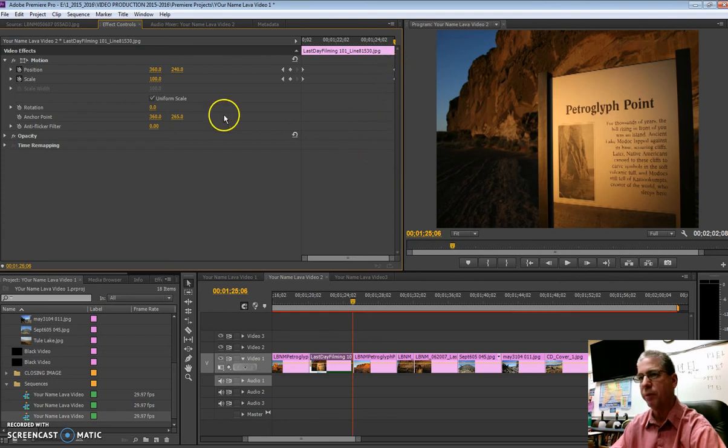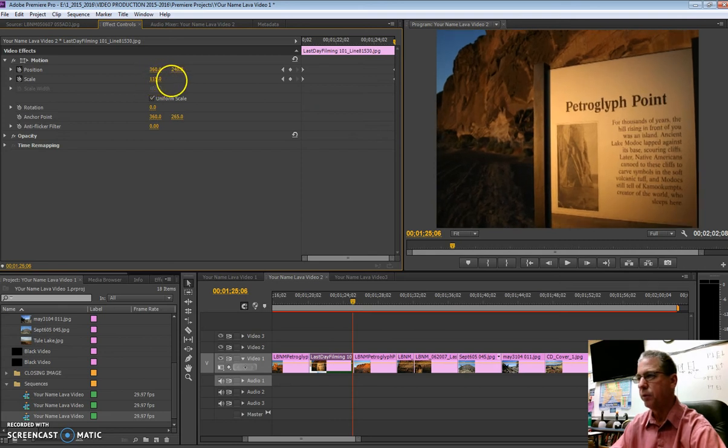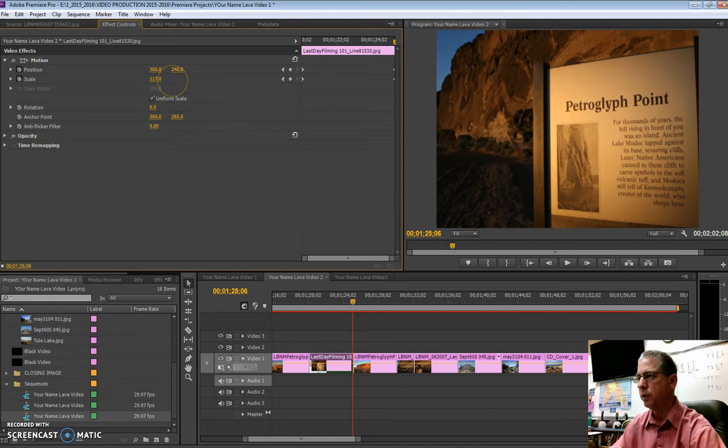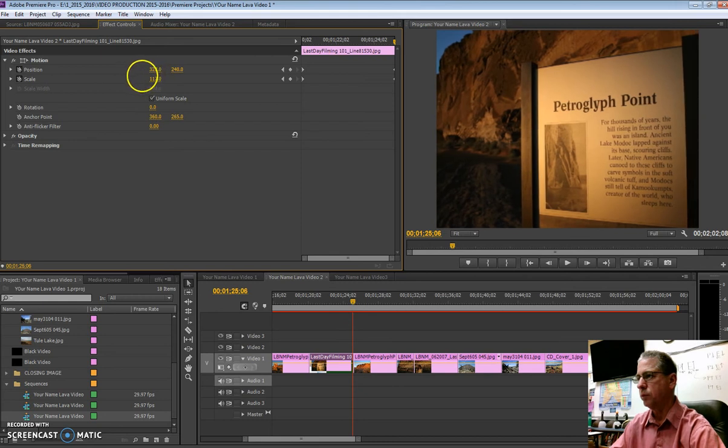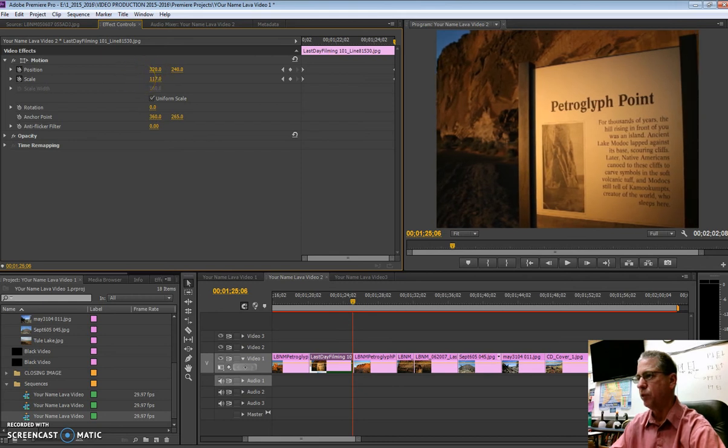And now we want to make our adjustments. So we're going to go ahead and move in. And I'm going to move this in a little bit more this time. Maybe 117. We'll try that. And then we're also going to move this to the right. So I'm actually moving it to the left, but when it zooms, it'll actually go to the right of our